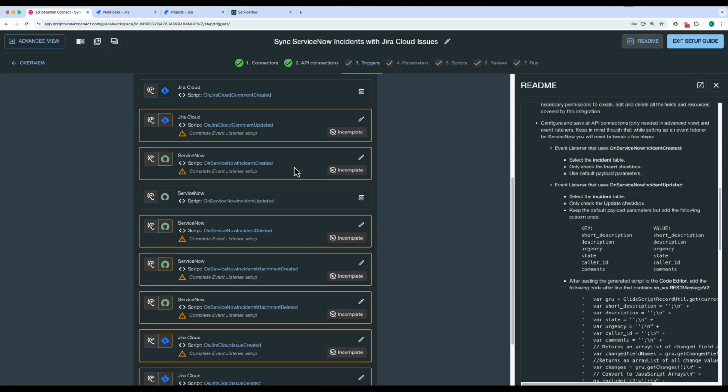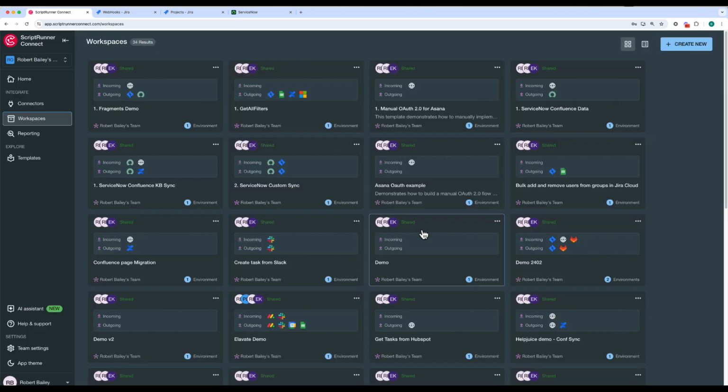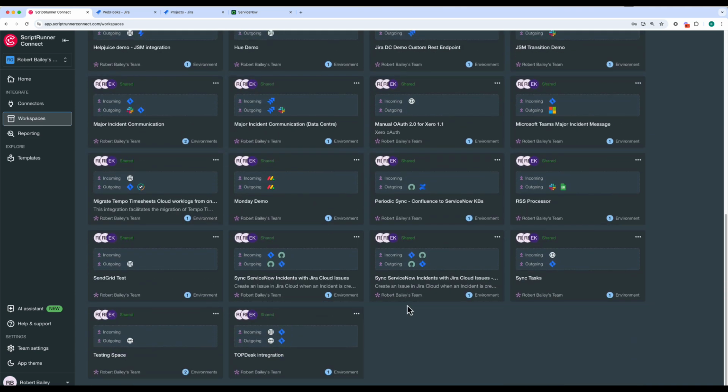So at this point, you would then go and follow the instructions and you would go and set up all of these event listeners. I'm not going to do that right now because this takes a while. So I'm actually going to exit the setup guide. I'm going to go into a different one that has already had those steps already completed. So if I just go and find